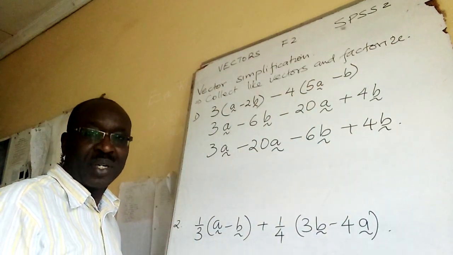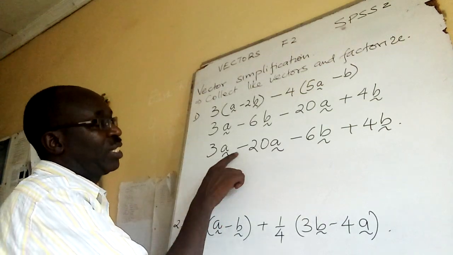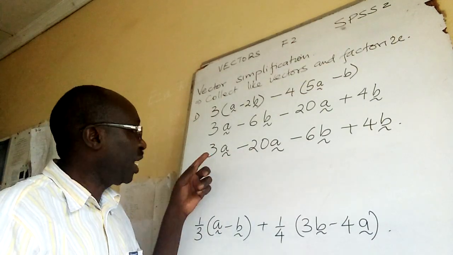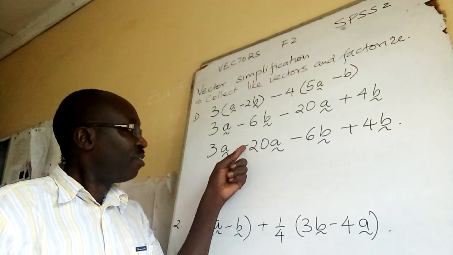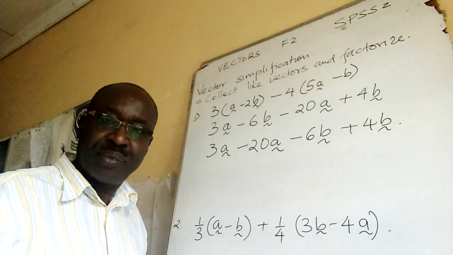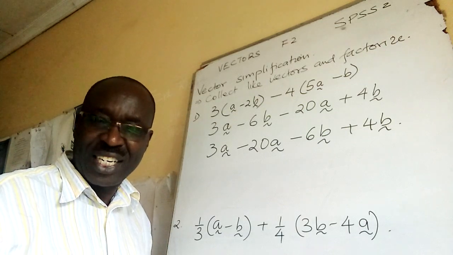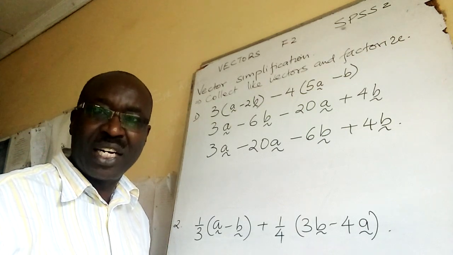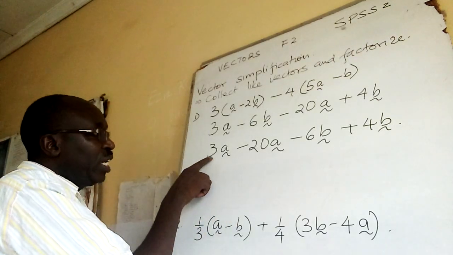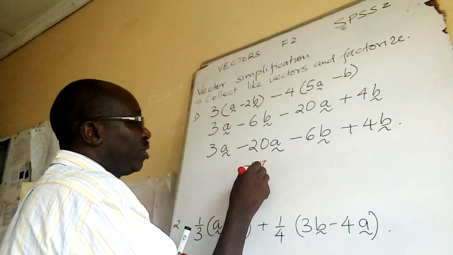There. Now I want to separate them using colors. This is 3a and a negative 20a. It's like I have 3 shillings and I have a debt of 20 bob. So I'll pay 3 shillings. It will not offset the debt. I will remain with a debt of 17 shillings. So 3a minus 20a is the same as minus 17